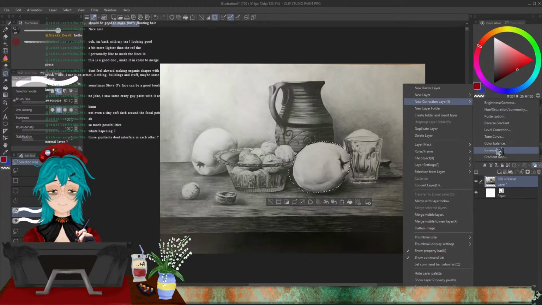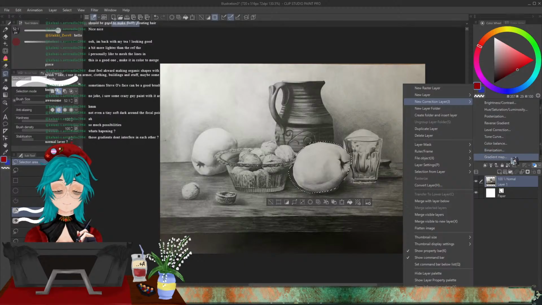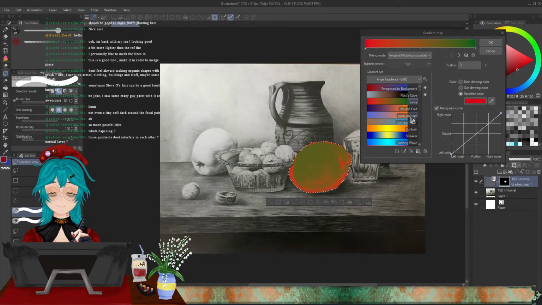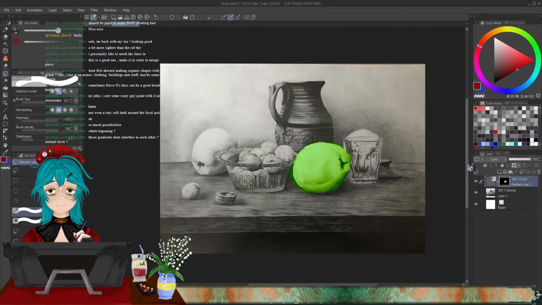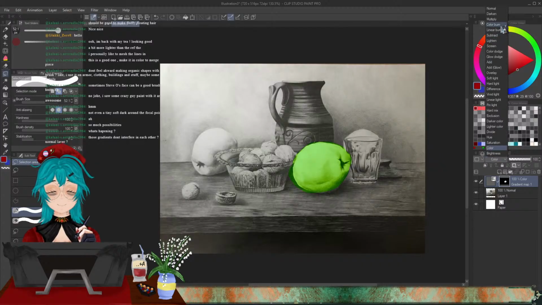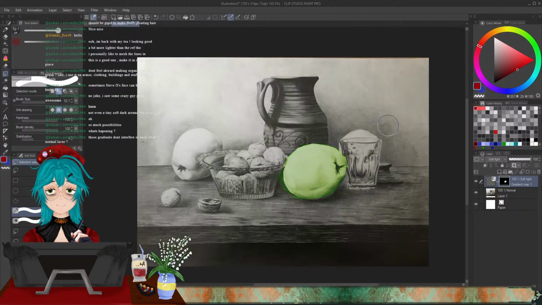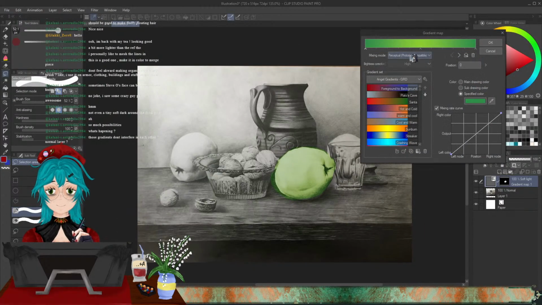You create a correction layer. This tool exists on Photoshop, and here on Clip Studio. And I created here a green one. Now it looks terrible. But if I come here and apply the color or the soft light, we have a gradient map that I can control the colors